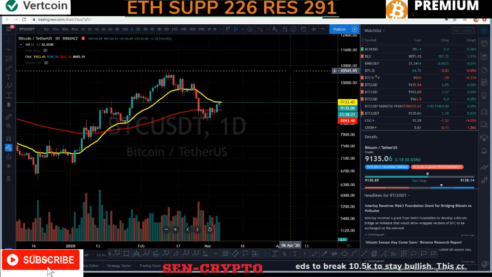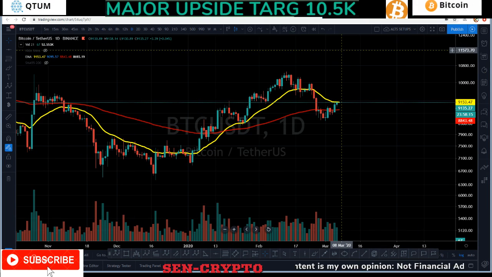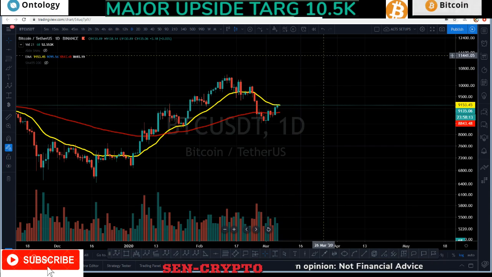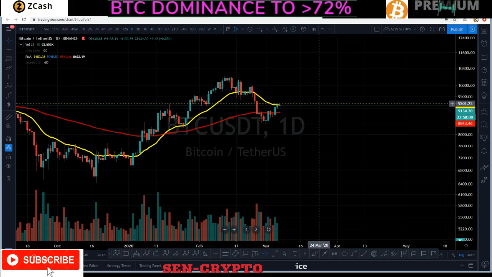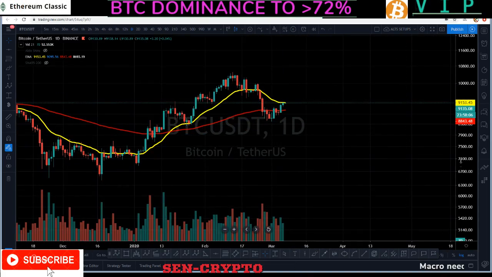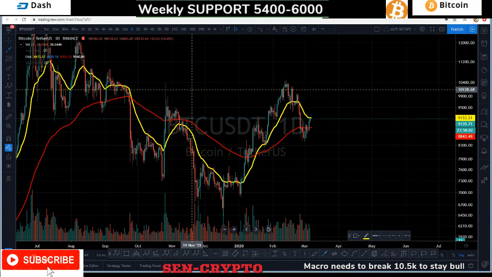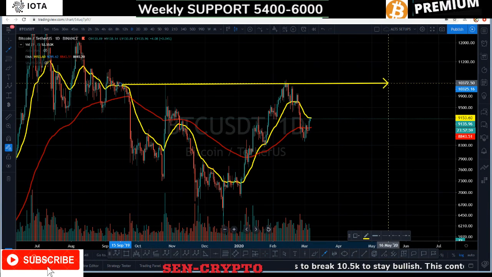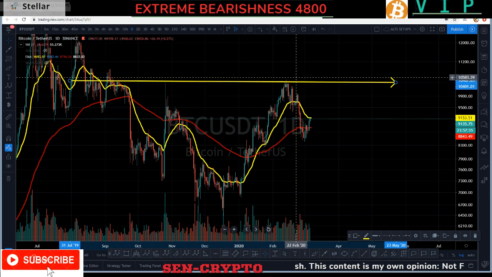Okay, so in today's content, we're going to talk about the monthly chart. We're also going to talk about basically a 3-month chart. We're going to take a look at the weekly time frame, and at the same time take a look at the 3-day to the daily time frame, and then we're going to take a look at price action and see if it's going to be able to break this area of 10.5, which is going to be a major resistance, at least for the short term. If we break this area of basically 10.5